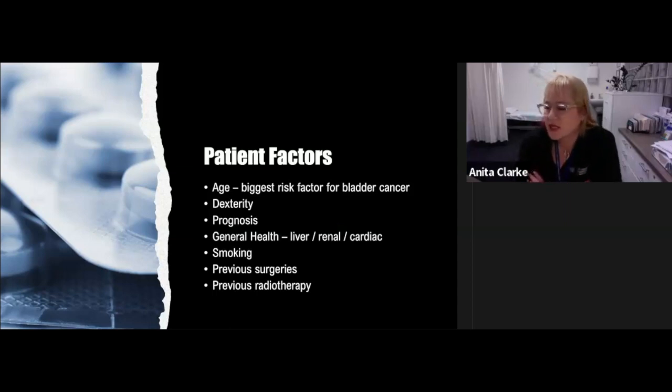If patients have issues with their liver function or their kidney function or their heart function, or they're still smoking, all of these things have some impact on whether we think this is the right way to go. From a surgical perspective, if our patients have had previous radiation to their abdomen or pelvis, or if they've had a lot of previous surgery, then sometimes this isn't the best way to go, because taking down things like adhesions